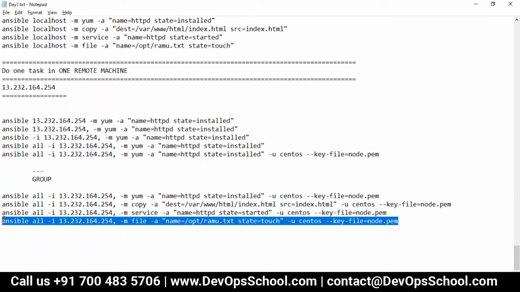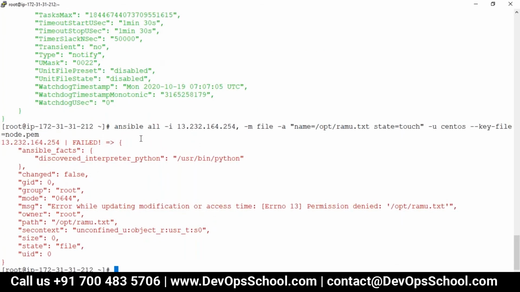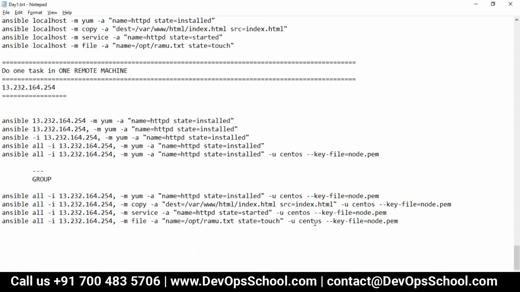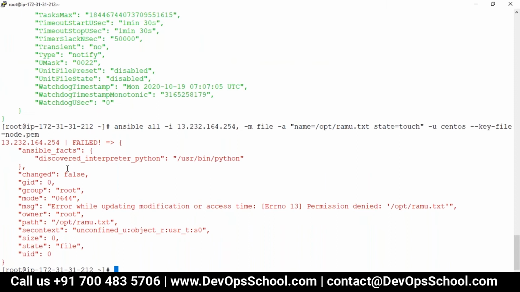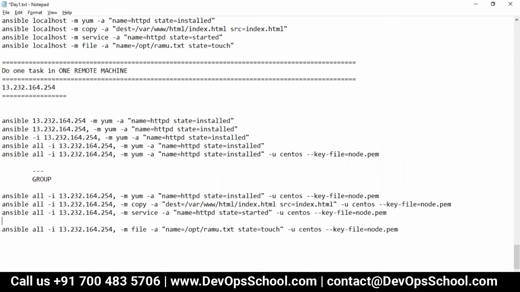And guys, the last command didn't happen. So where did it go wrong? The last command did not happen, but these commands happened.